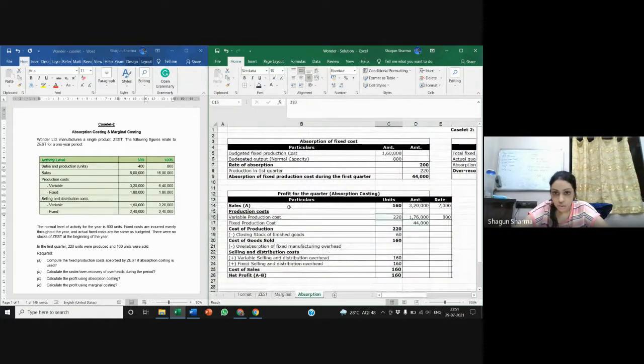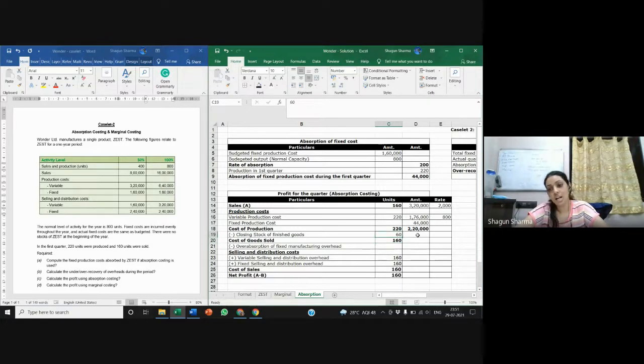All right. So I recorded my variable production cost, like marginal, and for fixed cost I did this calculation and wrote the fixed cost. All right. Now the total of these two costs is my total cost of production. Okay. Now my standard adjustment comes in: भाई produce तो 220 की है but sale तो 160 का हुआ,